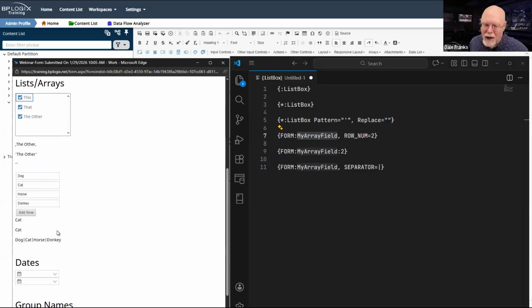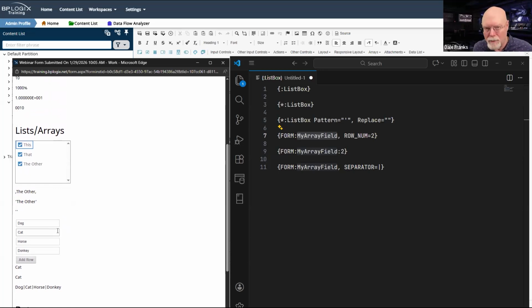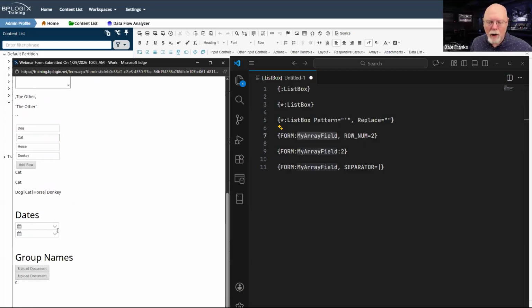Technically, the list box is an array, or at least the selected items that you select from a list box creates an array. It's a programmatic array. It's zero based, so the first element is zero, and the first element of an array is one. But other than that, it's pretty much the same thing. So if I return my array field, it's going to want to return it to me as a comma separated list.